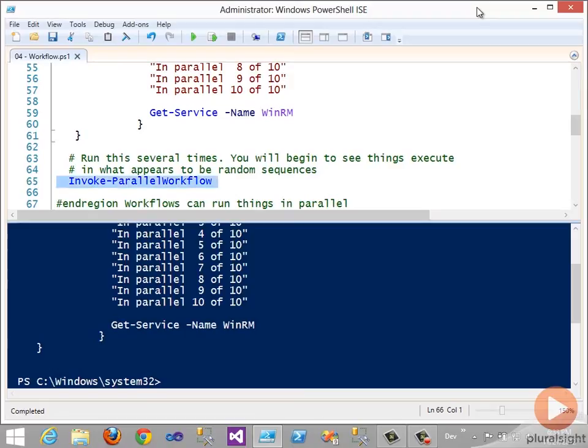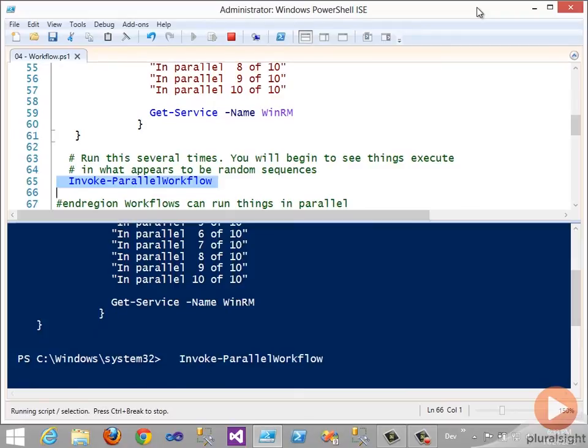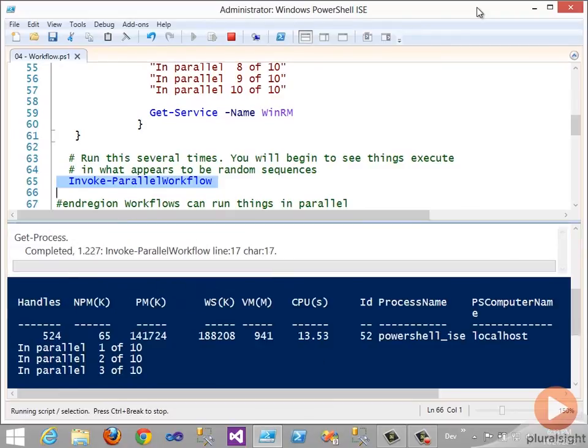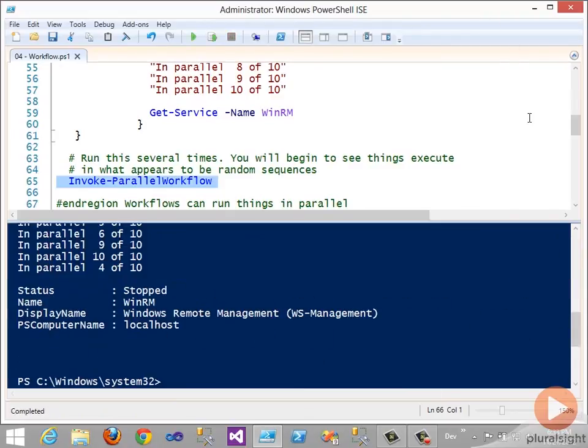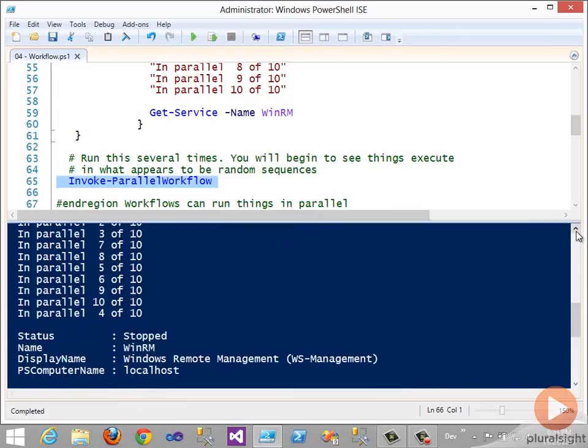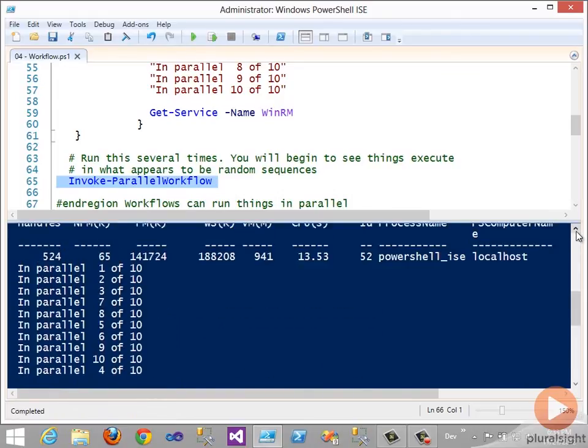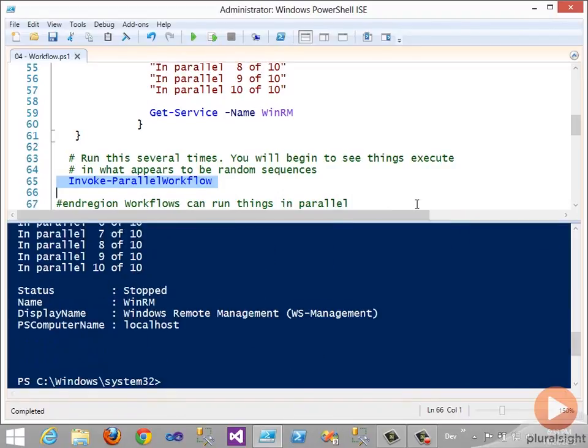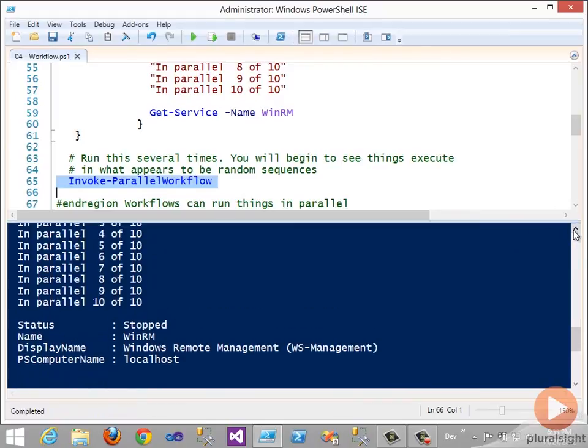And we may have to run this a couple of times just so that you can actually see things running in kind of a random sequence. Okay, well, we didn't even have to do that multiple times. If you scroll up here, you can see that we did our first command, but then down here we do 1, 2, 3, 7, 8, 5, 6, 9, 10, 4. Okay, you can see these things all kicked off at the same time, and this is just the order in which it processed them. If I go run it again, this time we see things get a more sequenced order,